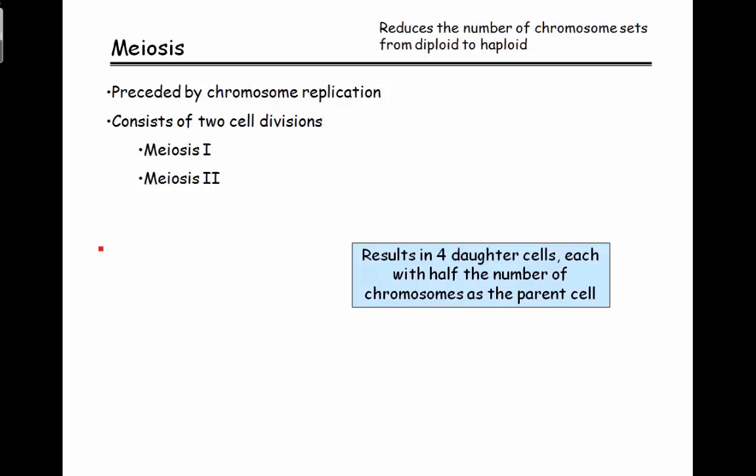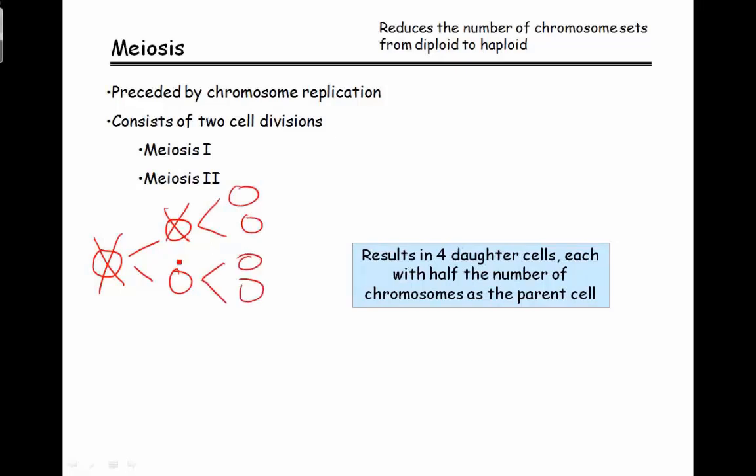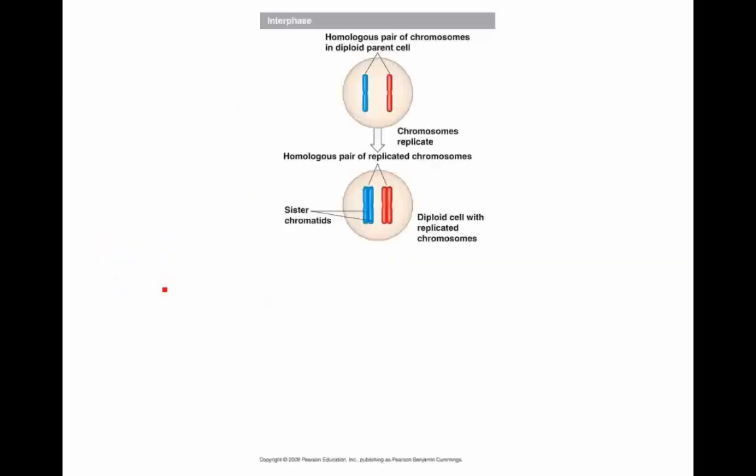So we're going to take one parent cell, we're going to split it once in Meiosis I, and then we're going to take each of those and split them again. So this is what we mean by our 2 divisions. This is where the 4 daughter cells will come from, and each of those daughter cells is going to be egg cells or sperm cells, depending on whether we're talking about this process taking place in the ovaries or the testes. If we look at an overview of this process,